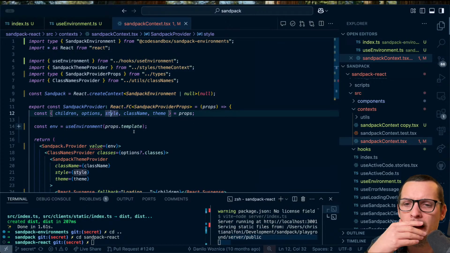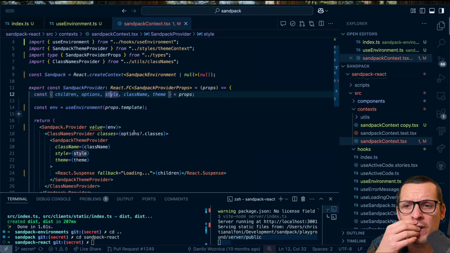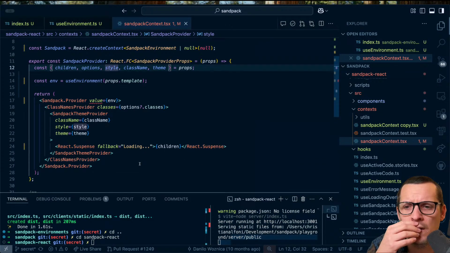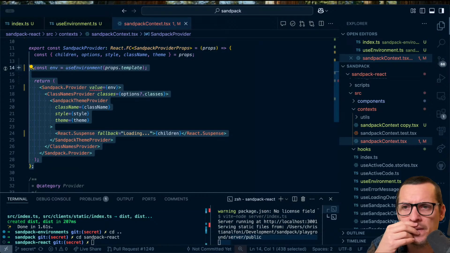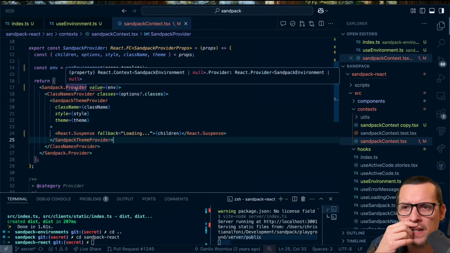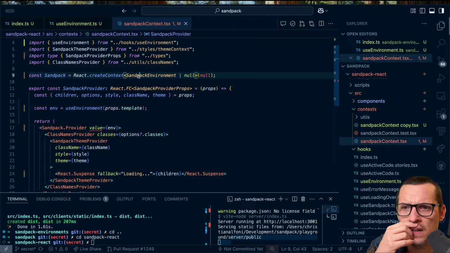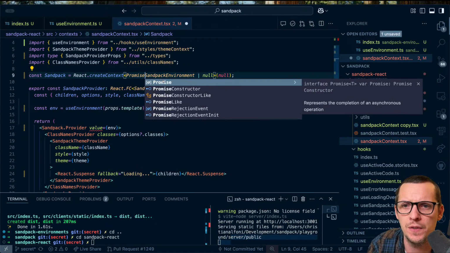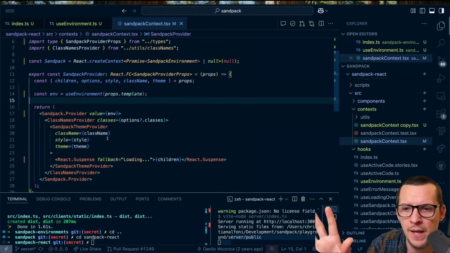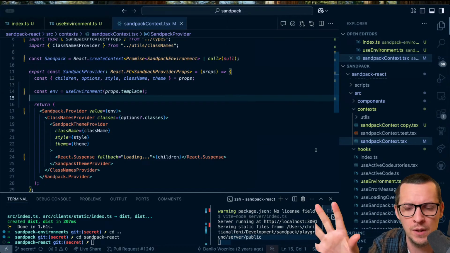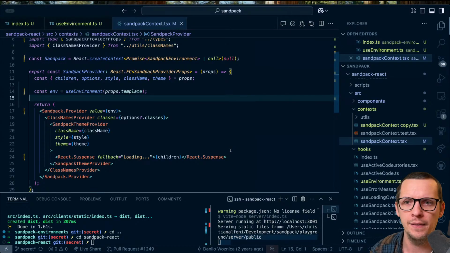And now that we have that environment, we are able to, yeah, no, I like it. Sorry, it's going to be a promise of a Sandpack environment. So now that we have that promise, we can now go in and we can